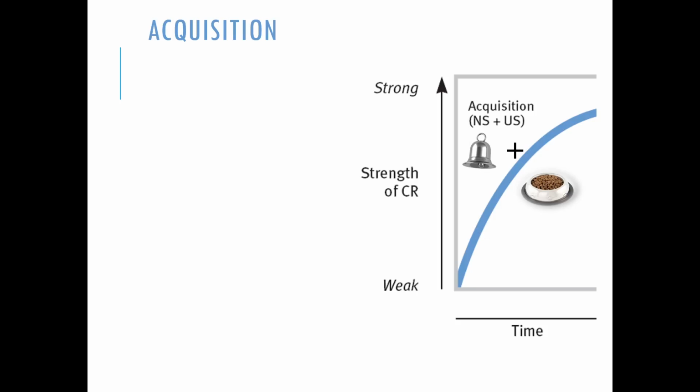All right, so I've explained the mechanisms of classical conditioning, but let's talk about how you actually make that pairing between the neutral stimulus and the unconditioned stimulus, so that ultimately the neutral stimulus can become